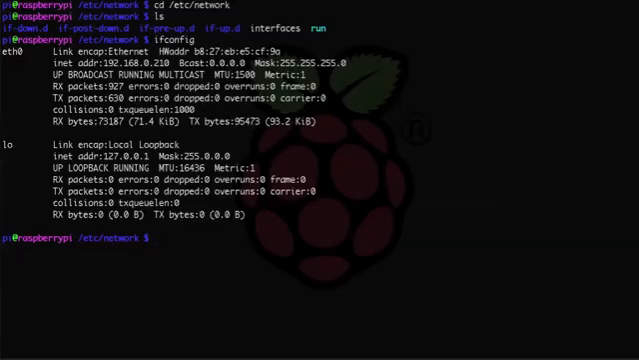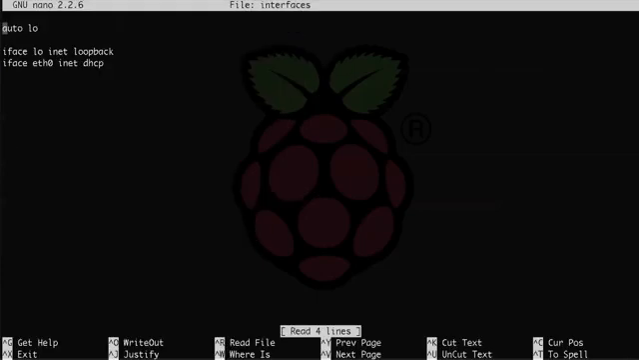Okay, so now that we have that out of the way and I've explained a little bit about how that works, let's make our IP address static on our Pi. Since I am currently assigned 192.168.0.210 and I know that no other devices on my network are using that address, let's make it my static IP for the Pi. So let's open up the interfaces file, so sudo pico interfaces,